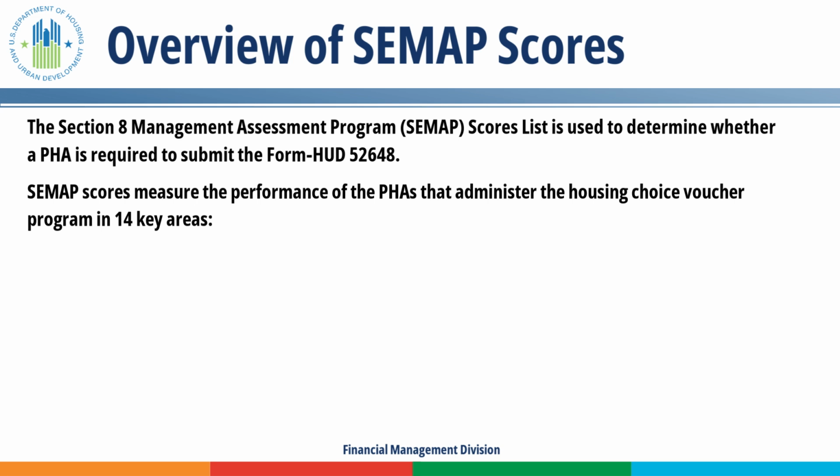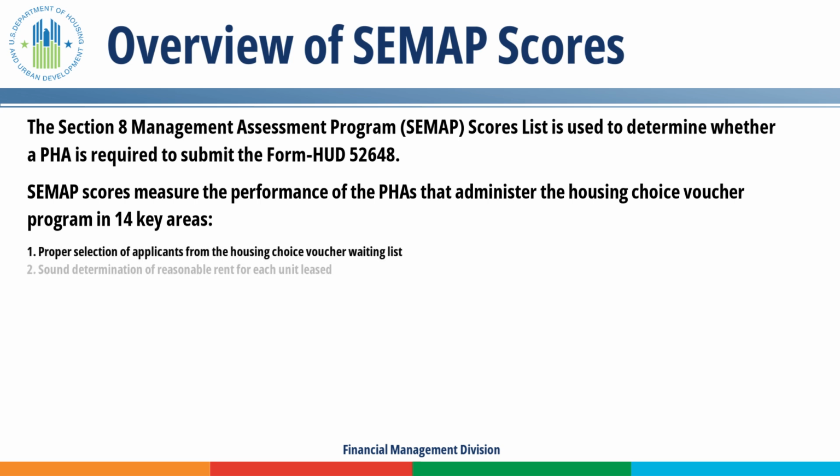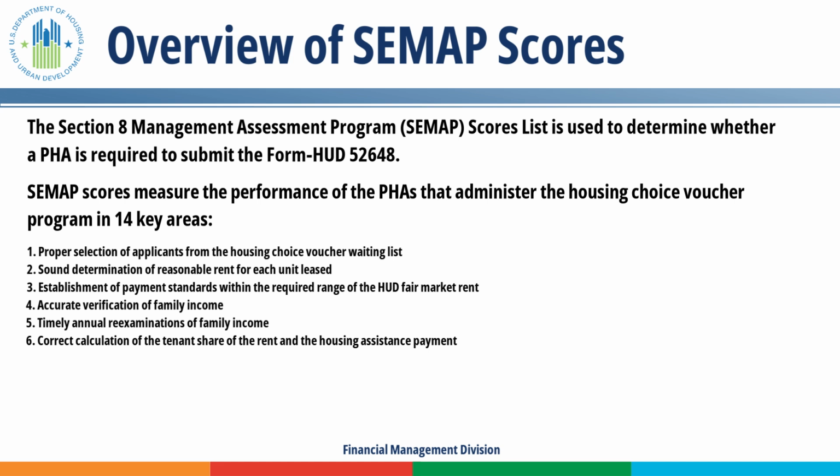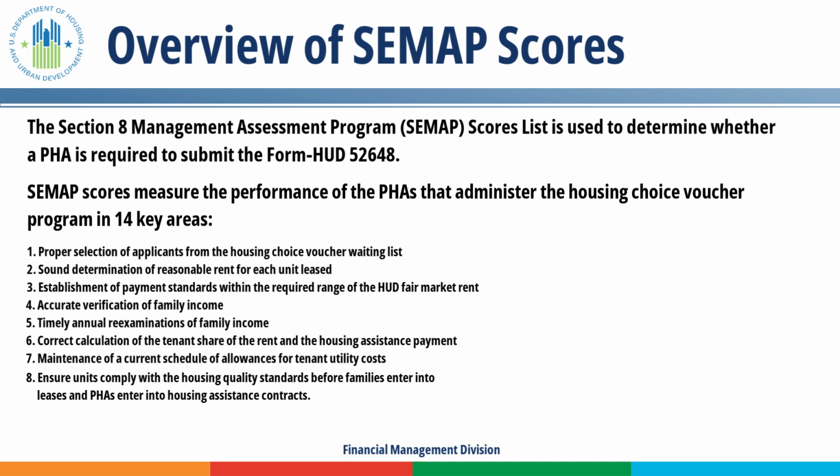These areas include proper selection of applicants from the Housing Choice Voucher waiting list, sound determination of reasonable rent for each unit leased, establishment of payment standards within the required range of the HUD fair market rent, accurate verification of family income, timely annual re-examinations of family income, correct calculation of the tenant share of the rent and the housing assistance payment, maintenance of a current schedule of allowances for tenant utility costs,